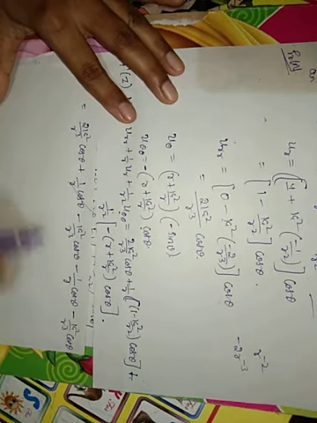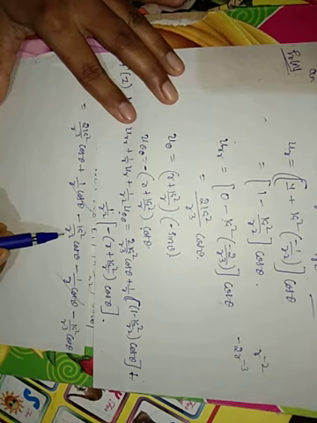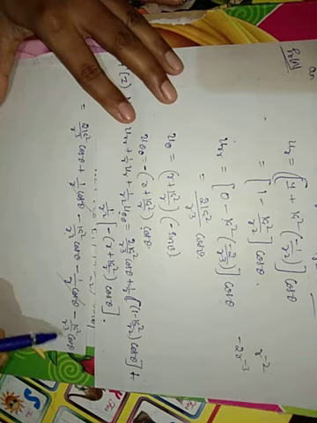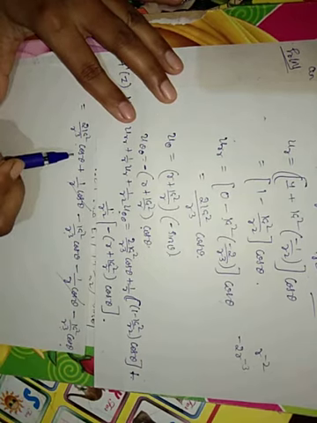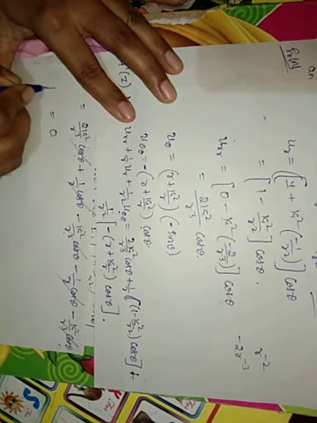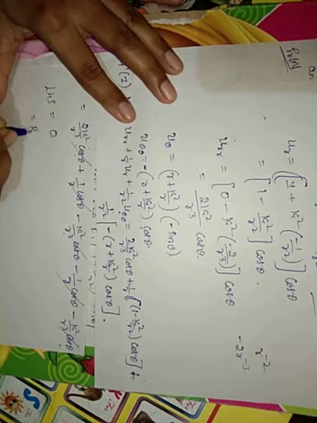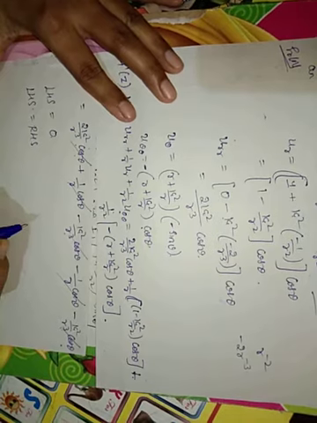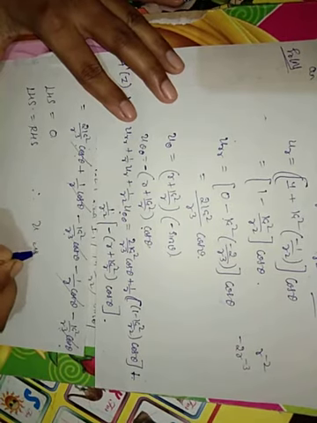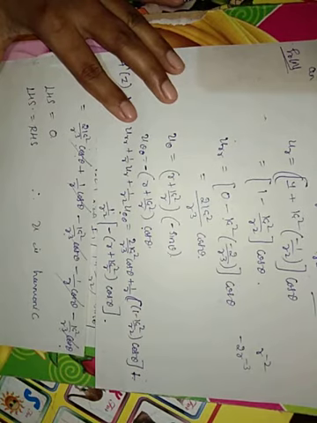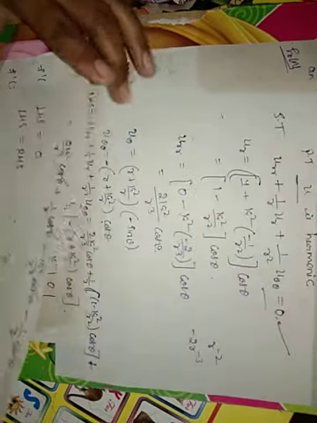1 by r cos theta and minus 1 by r cos theta cancel. Minus k square by r cube cos theta minus k square by r cube cos theta is minus 2k square by r cube cos theta, and plus 2k square by r cube cos theta cancel. So 0. So LHS is equal to RHS. Therefore u is harmonic. So that is the proof of the given solution.